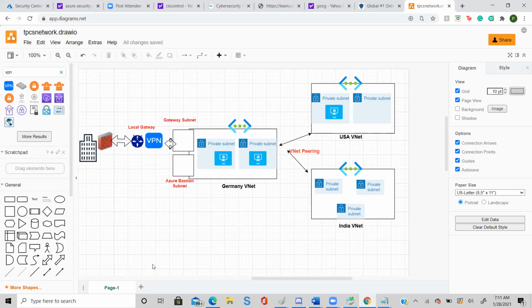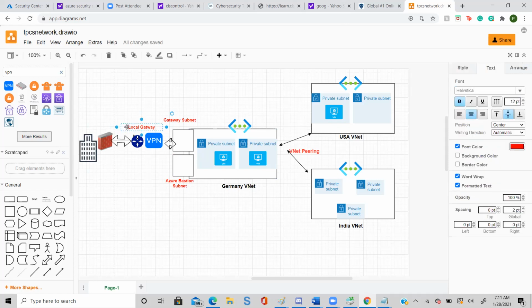But in our case we do not have any office. There is your laptop and then we have an Azure. The type of configuration you see at the top is called site to site VPN.